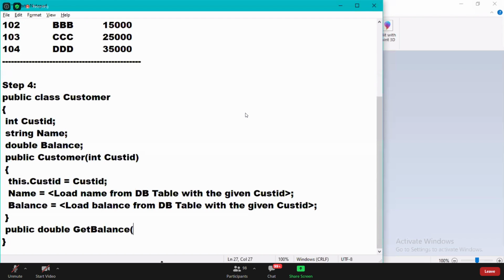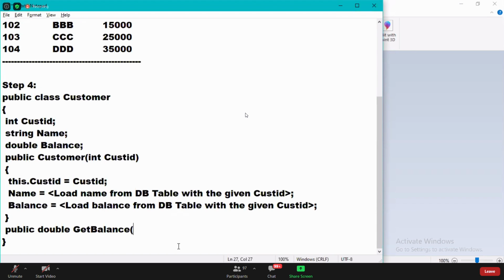When you click on the balance inquiry, the output comes directly to you. So for a balance inquiry, I don't require to pass any inputs.